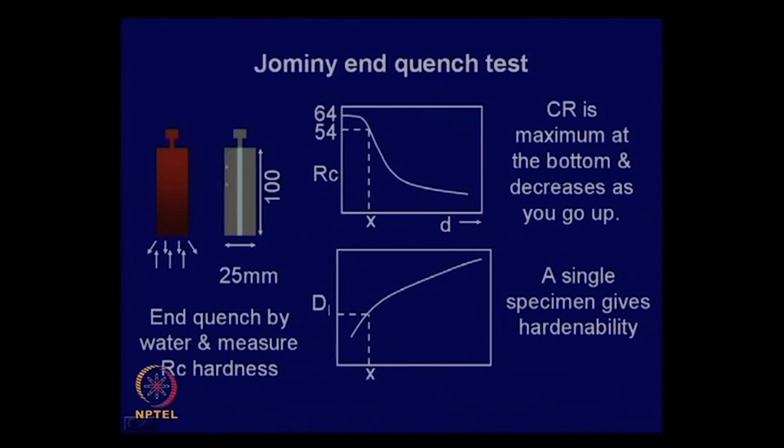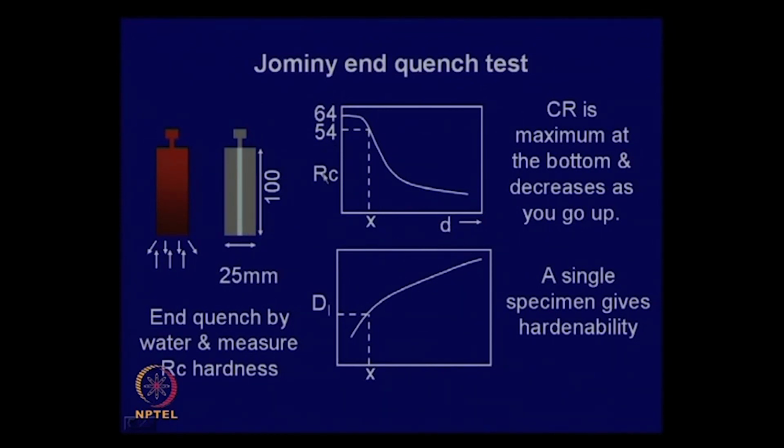So, it is better to follow the standard dimensions which are given here, and then what you do, you grind and make this surface smooth, since it is a cylindrical sample, and you grind off the top surface, and along this surface you keep measuring hardness at different distances from the quench end, and after that